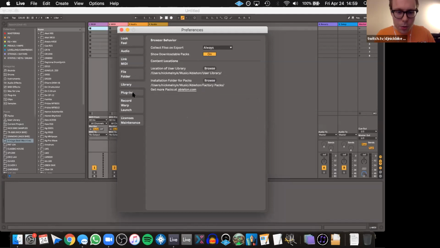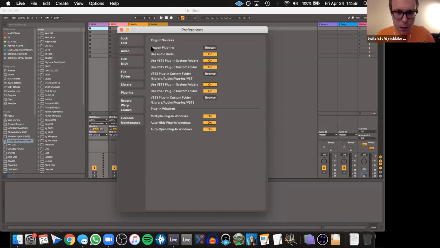Jumping to plugins here. A useful thing: if you have Ableton open with a session open and you install a new plugin, say, countless times I've shared sessions with friends and noticed a plugin I don't have, so I go get it, and I don't want to shut the session down after I install it.